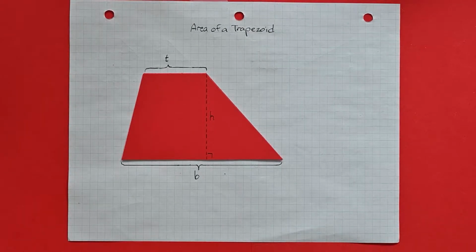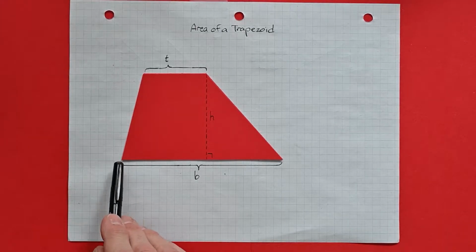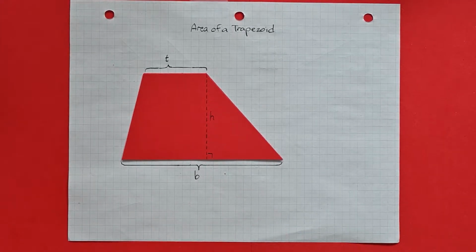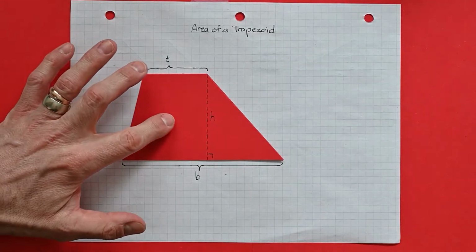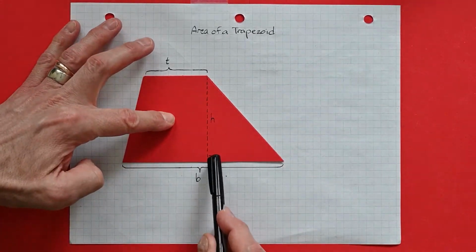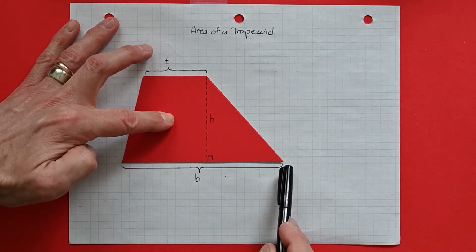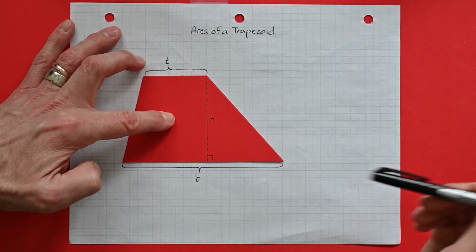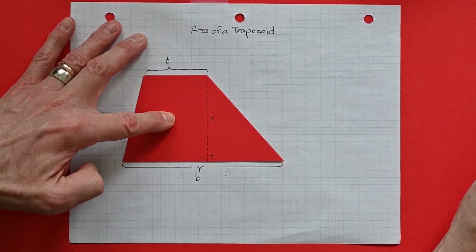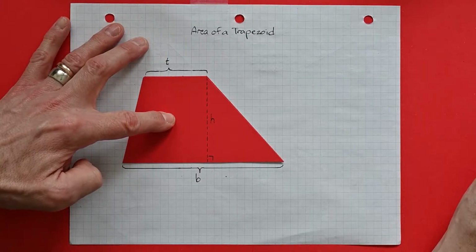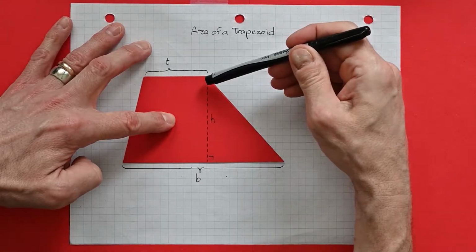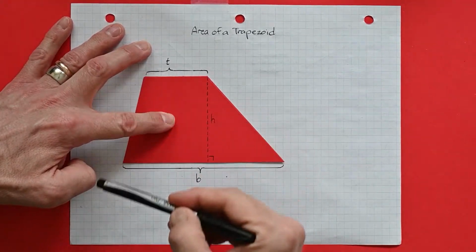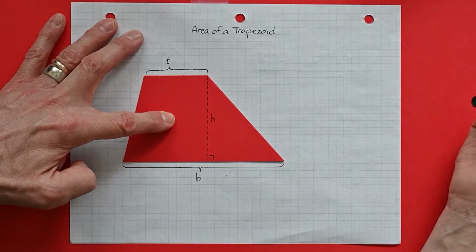A couple of things to note. One is we can sort of see that this figure has a base, just as our triangles and parallelograms did. It also has a height. Notice that I have drawn the height at exactly 90 degrees to the base, and that's always a requirement for your base and height to get the area of any geometric figure. We know from parallelograms that the angled sides are really not very helpful in terms of finding our